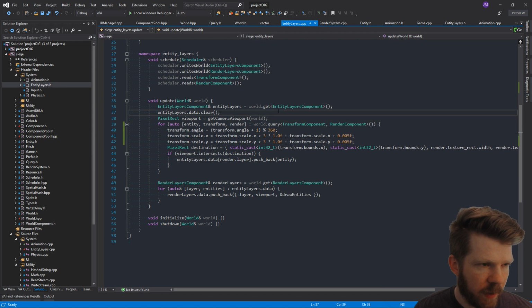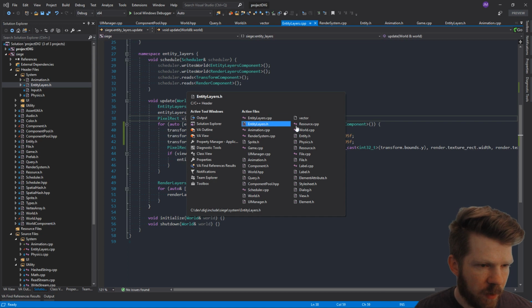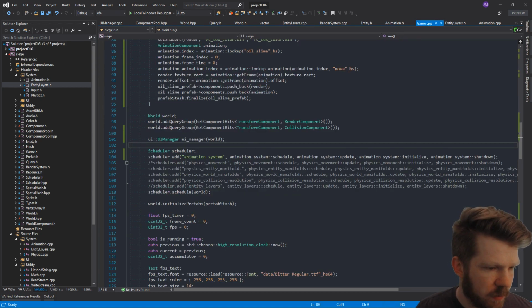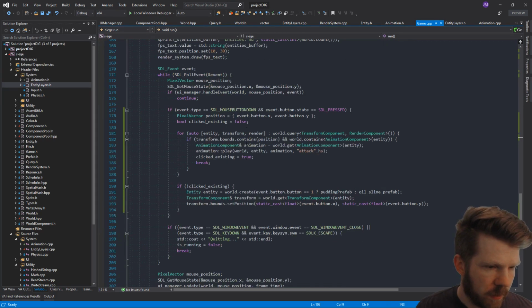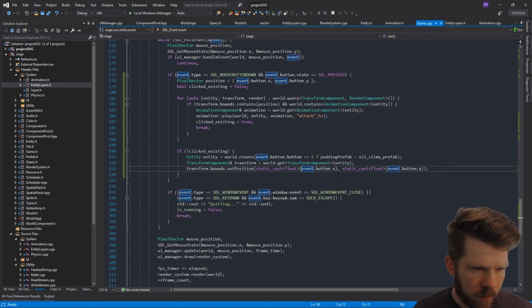I think this is okay. Maybe we'll try putting the origin where I click. I think I tried that at one point. So we set the position there, but what if